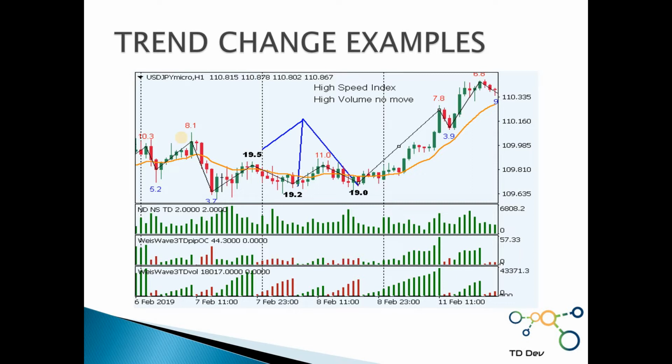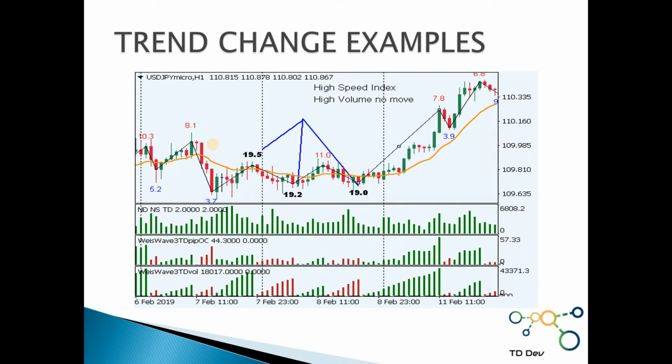A high number identifies a slow wave, which means much more volume was needed in order to cover the specific pip distance. A small number identifies a fast wave, which means much less volume was needed in order to cover the specific